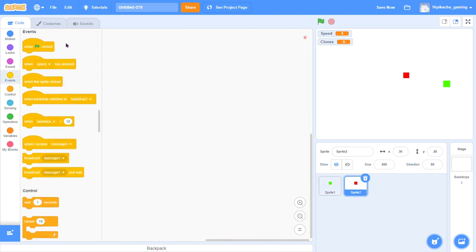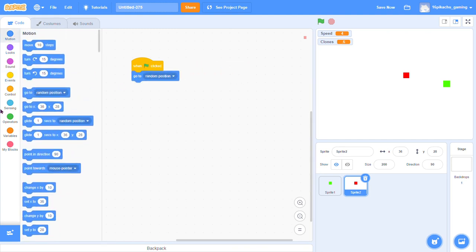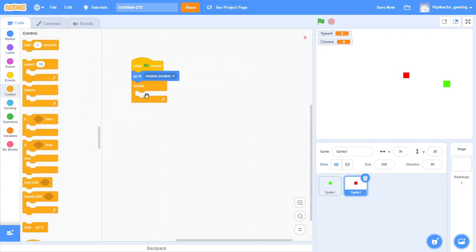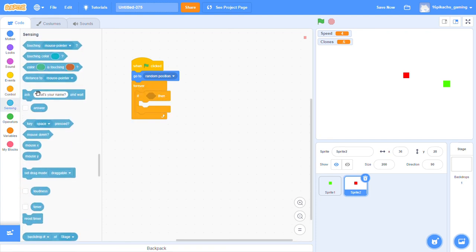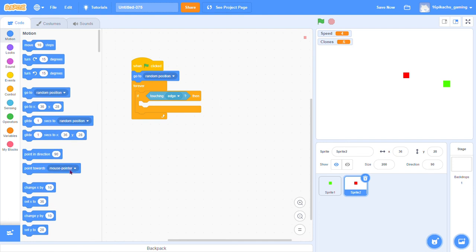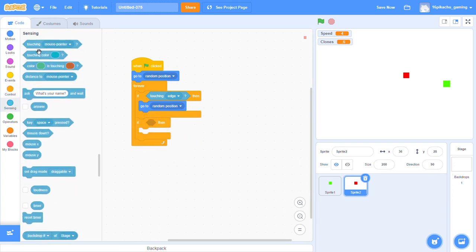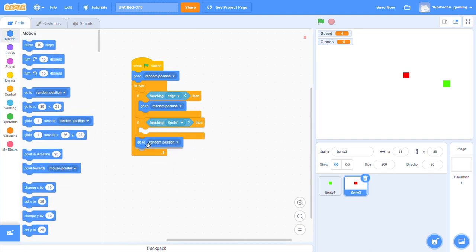And now in the fruit we will say when flag is clicked, go to random position, forever if touching the edge, go to random position, and if touching the sprite 1, which is the snake, again go to random position, and then